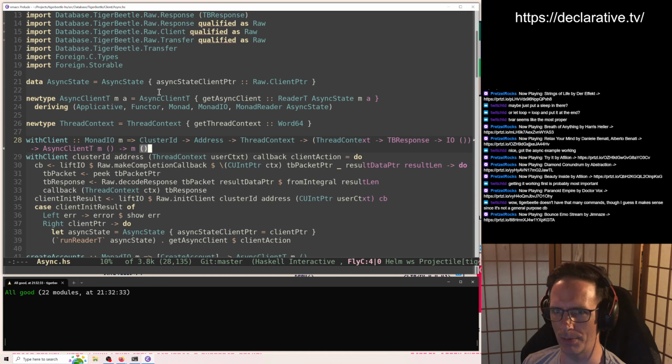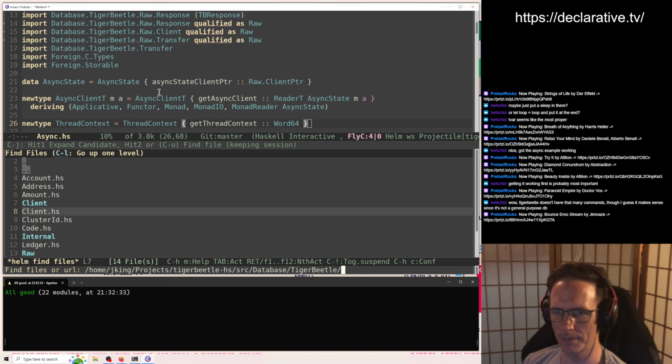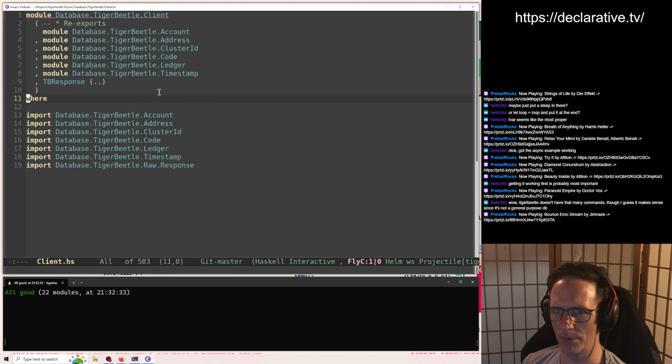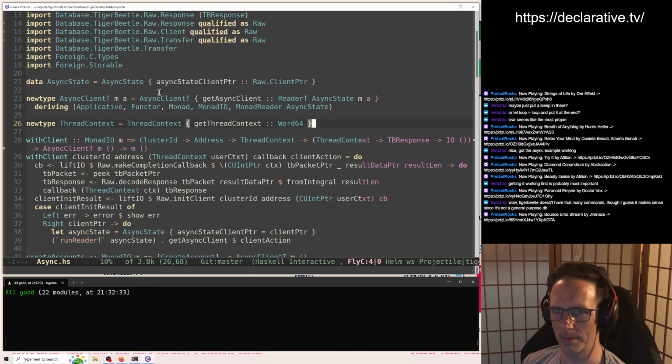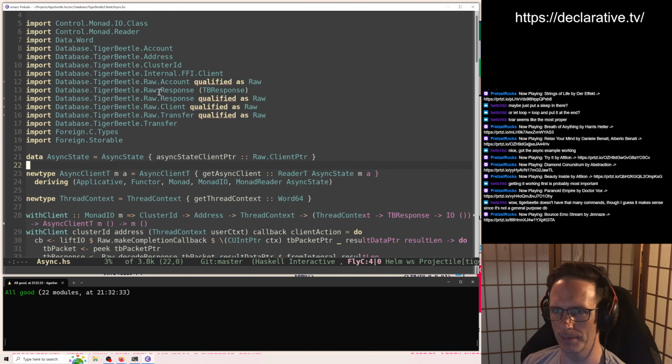I also probably want to move this thread type, context new type, and move it up to client. It's only really used in here, so maybe we want to keep it here. Yeah. Anyway,